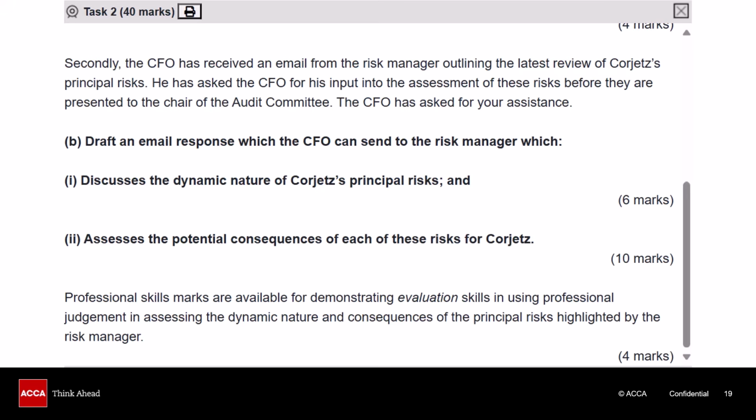The first one is this one. It's task 2 in a past exam paper. We're just going to look at the tasks themselves, and get an idea of how they're asked.